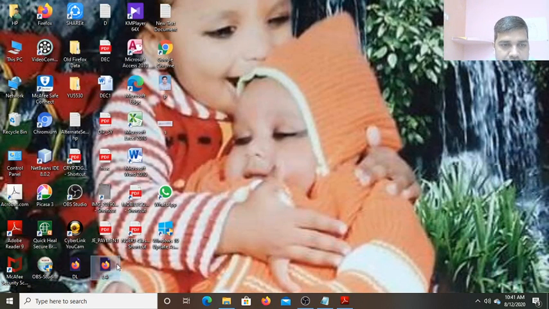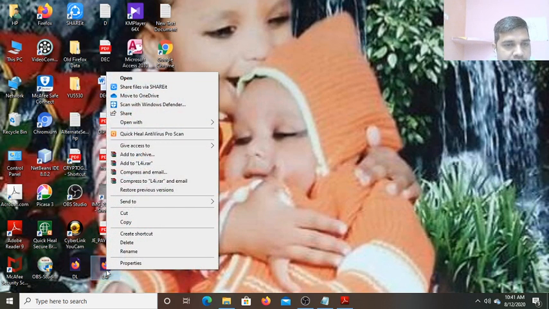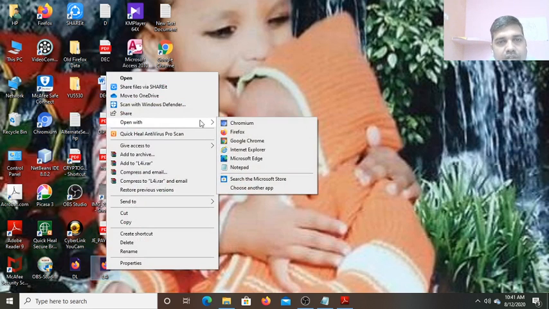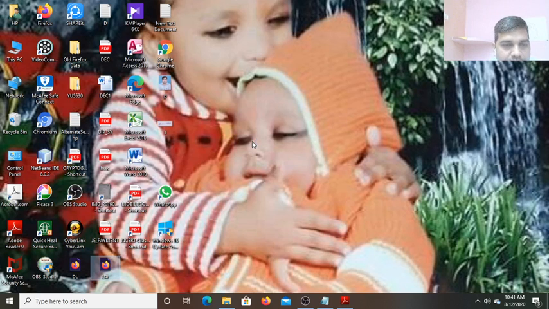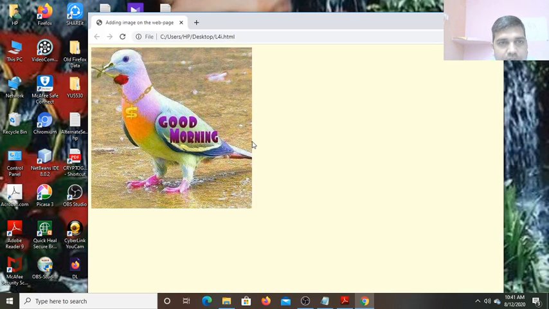So now let me again open this HTML file with the help of the Chrome browser. Then you will see the result. Make a right click on it. First select this L4i, make a right click, then you get the option Open with. In Open with you will get Google Chrome. Now let Google Chrome execute the HTML code. See, Google Chrome successfully loads the image on the web page.